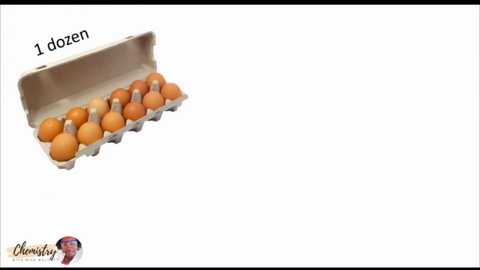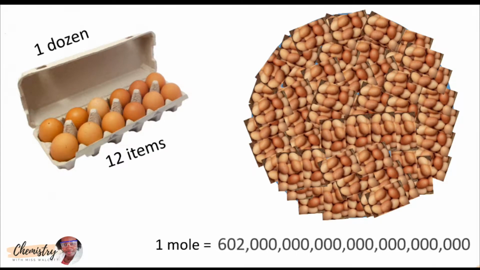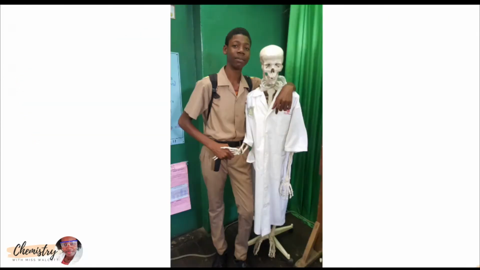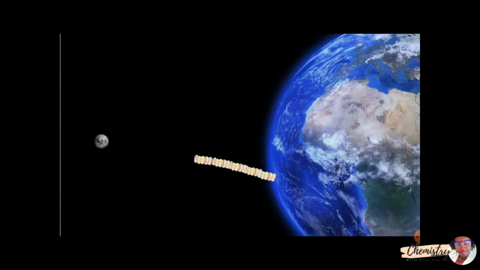Just like how 1 dozen means we have 12 items, the mole is also a quantity which describes a specific amount. 1 mole is equal to 602 hexillion particles. While a dozen donuts would barely make it to your knee from the ground, a mole of donuts would make it from the earth to the moon and back